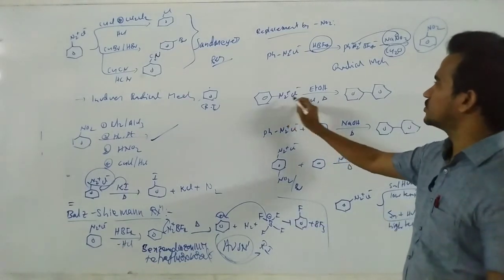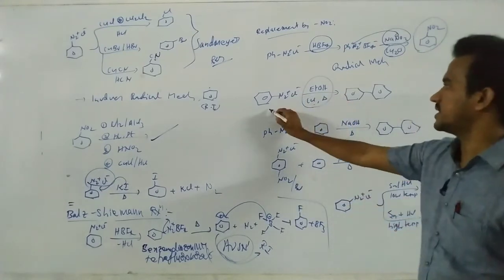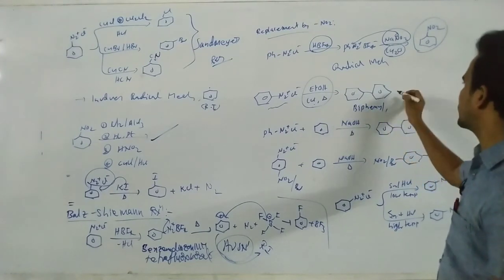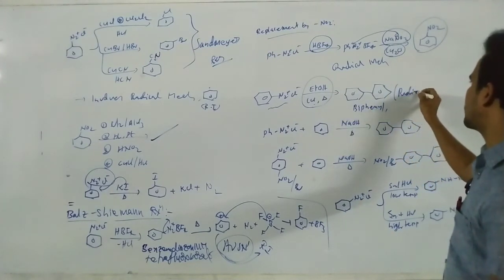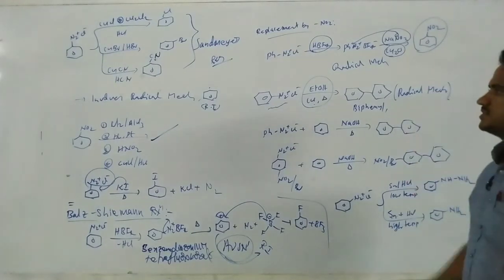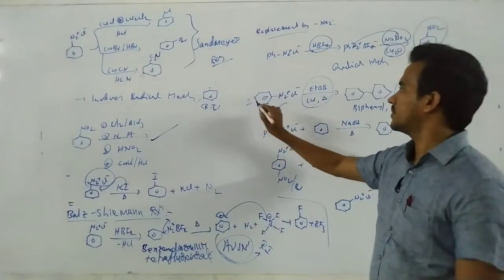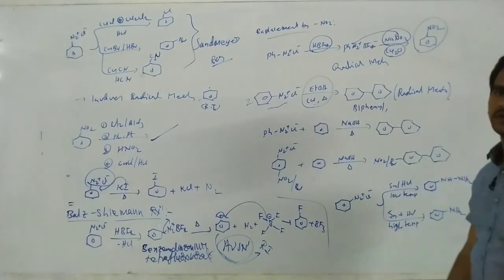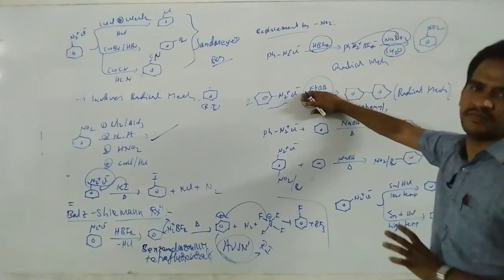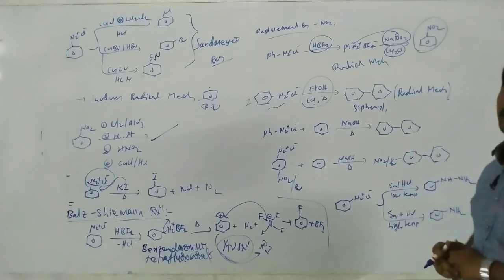Next, this benzene diazonium salt on heating with ethyl alcohol in the presence of copper, you'll get biphenyl. Here dimerization takes place. This is the biphenyl and the radical mechanism, because of copper. Okay? Benzene diazonium salt on heating with ethyl alcohol in the presence of copper will give biphenyl. On heating with ethyl alcohol only, we will get benzene. There is no biphenyl product, but in the presence of copper, biphenyl.